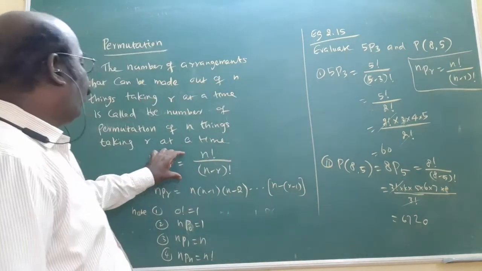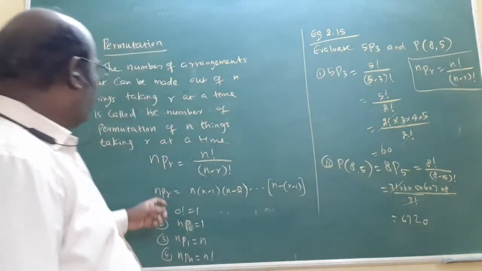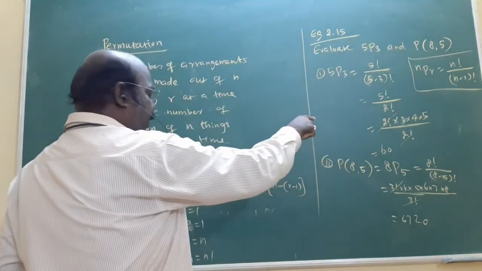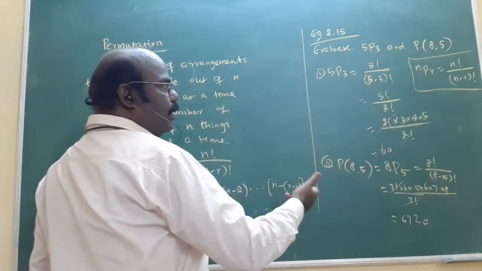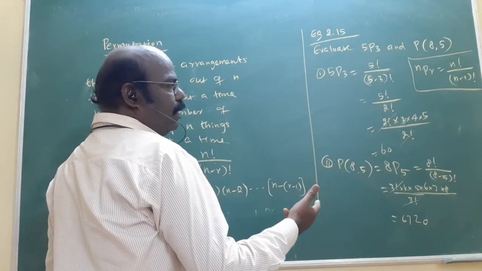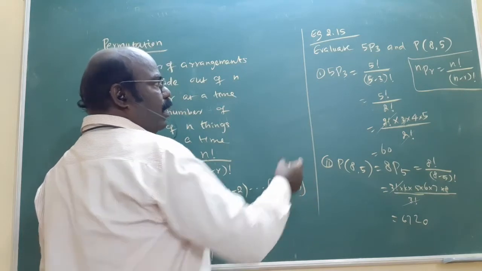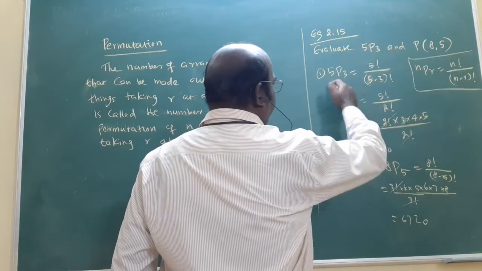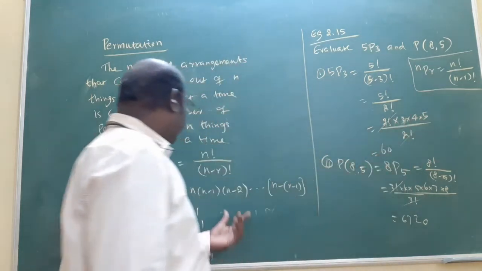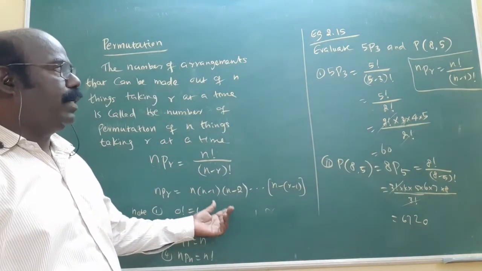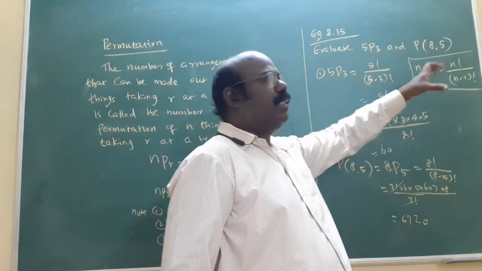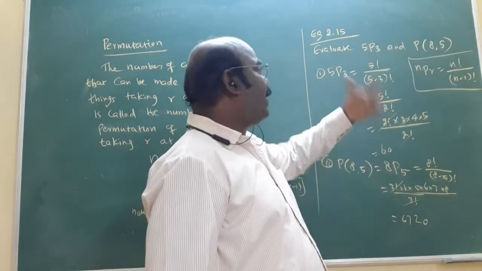This is a fundamental idea. By using this formula, this is the answer. Suppose by using this formula also we get the answer. Suppose 5P3, you know, 5 into 4 into 3. Am I correct? Start with 5 actually. Here 3, so you want to write 3 numbers: 5, 4, 3. We get the answer. In this way also we get the answer. This formula. Am I right? But it is a fundamental formula. By using the fundamental definition nPr, this is a formula. By using that formula and the previous idea, we get the answer.